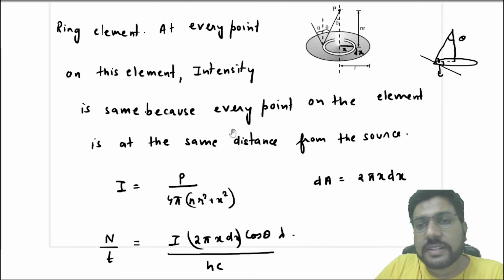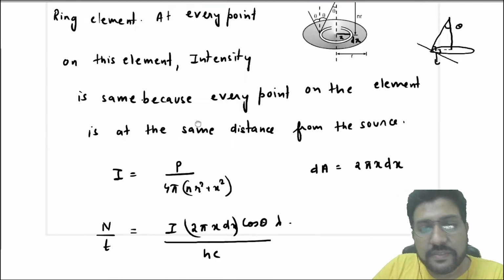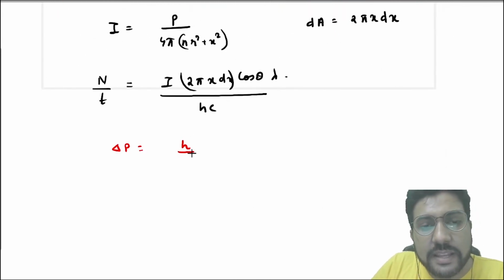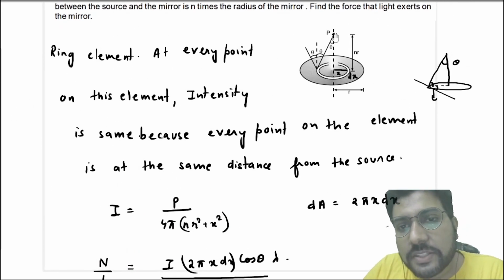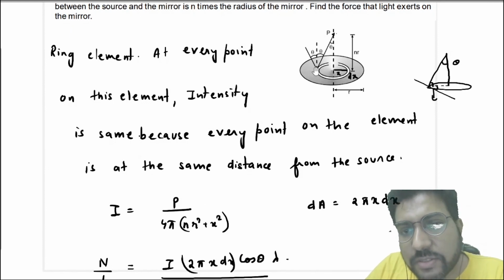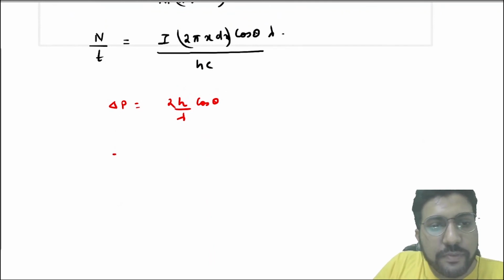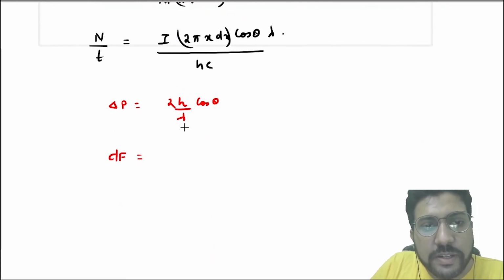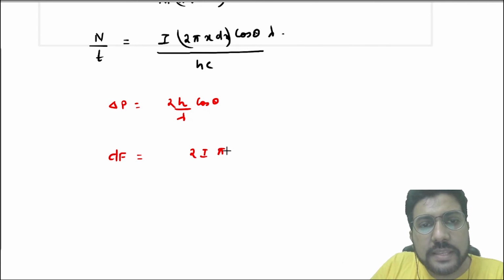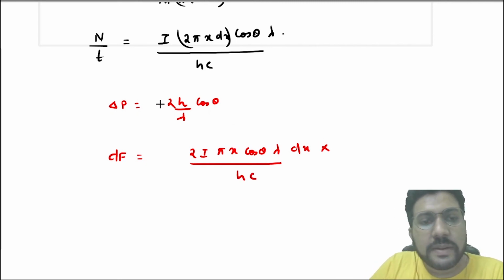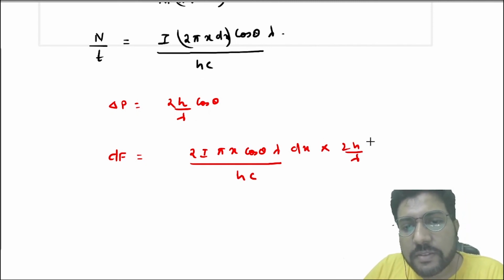Now this time in the question it is given that this is a completely reflecting surface. So the change in momentum of one photon is clearly 2h by lambda cos theta. So that means the force on this element will be equal to I pi x cos theta lambda dx by hc multiplied by the change in momentum of one photon, and that is 2h by lambda cos theta, and the